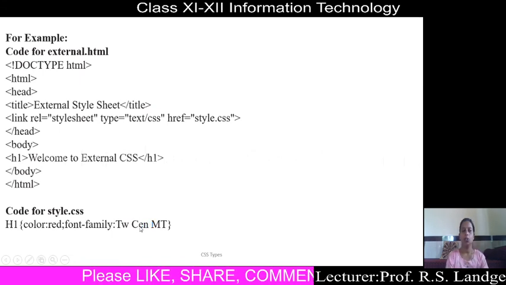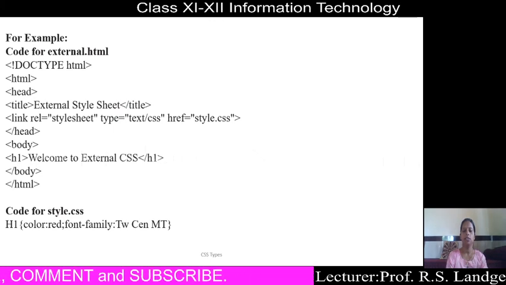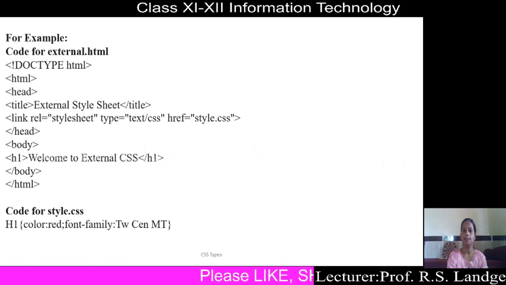Okay, thank you. These are the 3 types of CSS we learned in this lecture. So we can start the properties as well as selectors in